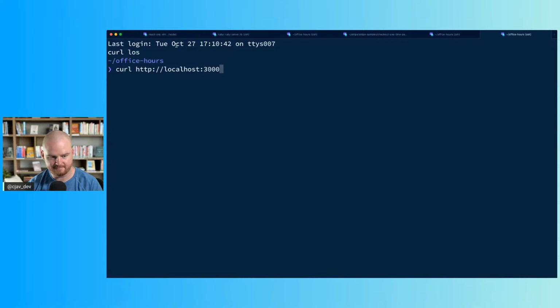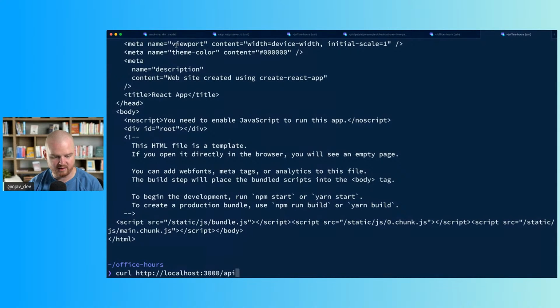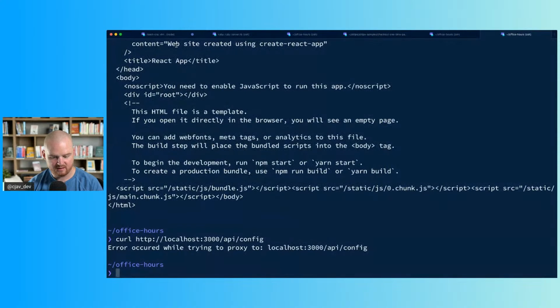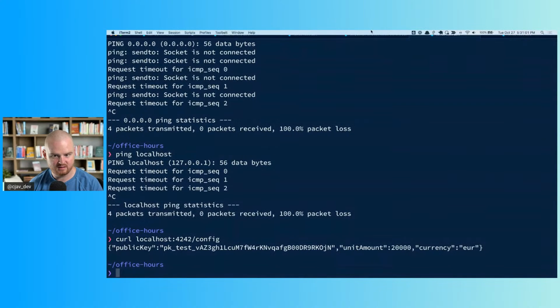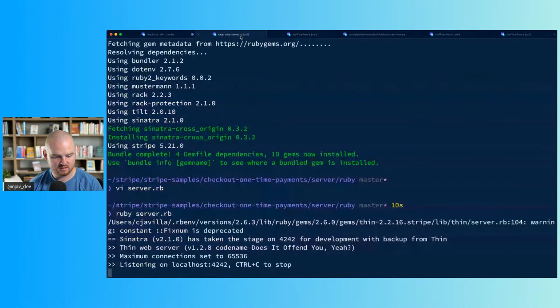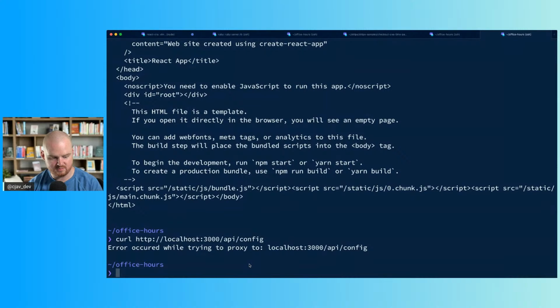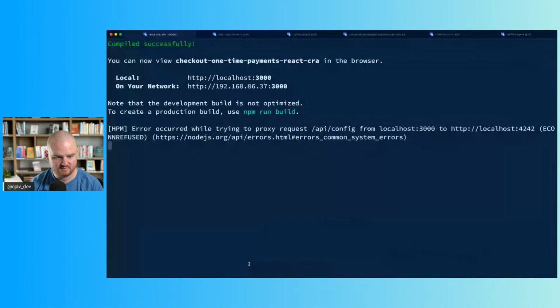Like right now, if I hit localhost 3000 slash, curl to localhost 3000 to get back that HTML. If I go to API/config, that should hit 4242/config, which is running right here, right? Like this should be the same as saying curl HTTP localhost 4242/config. I think that's the idea. The fact that's not how it's working is frustrating because